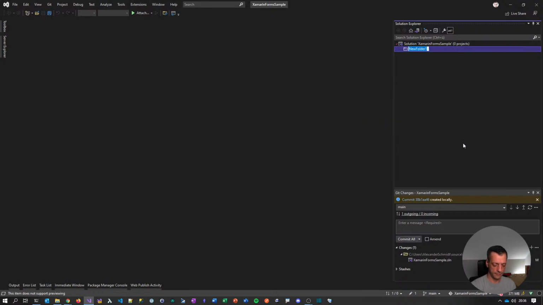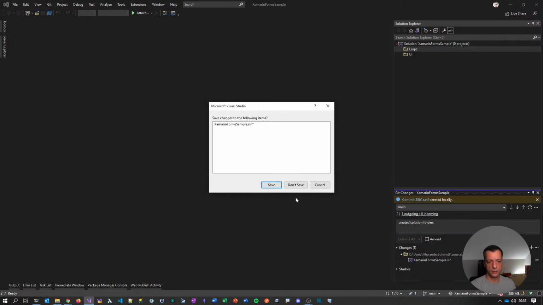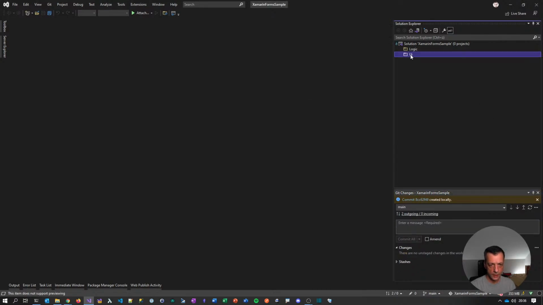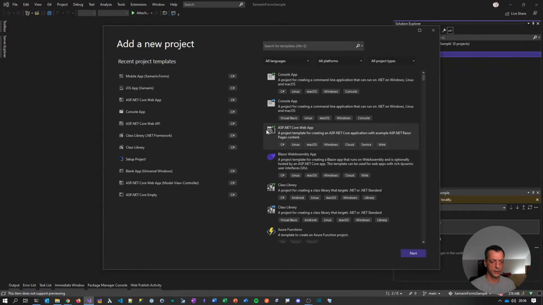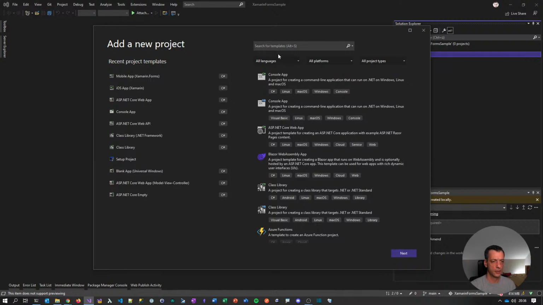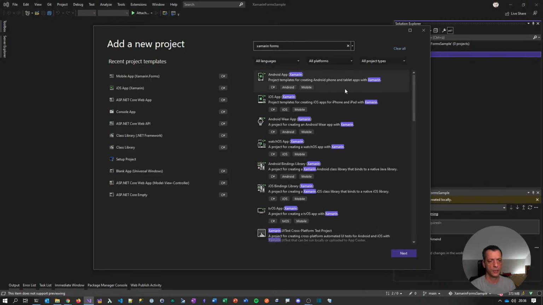I will have my solution split into a UI area. I use solution folders here, and a logic area. So if I go here, I created solution folders, you see I'm very clean about all this. So if I go ahead here and I click create new project and then I search for Xamarin Forms, I'm